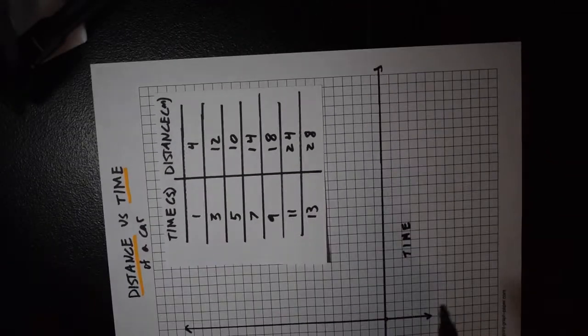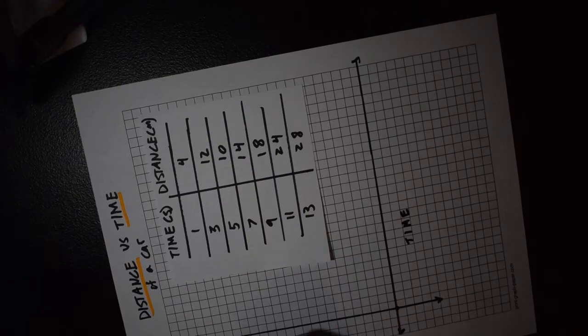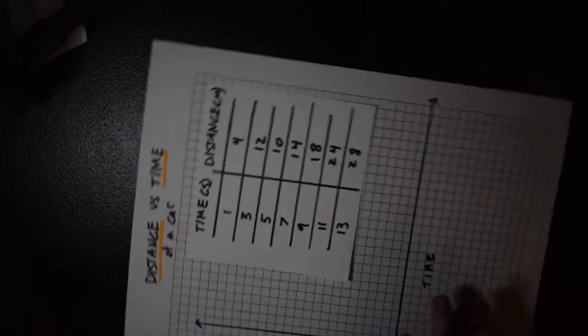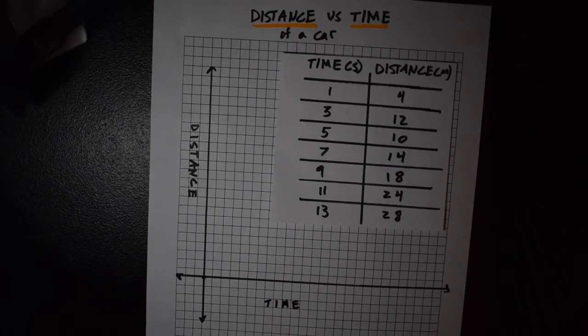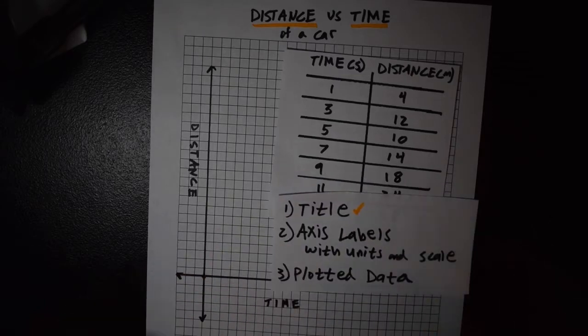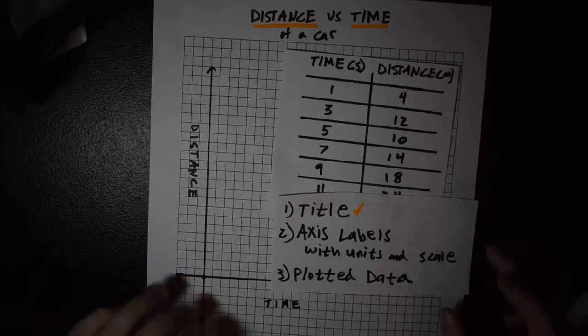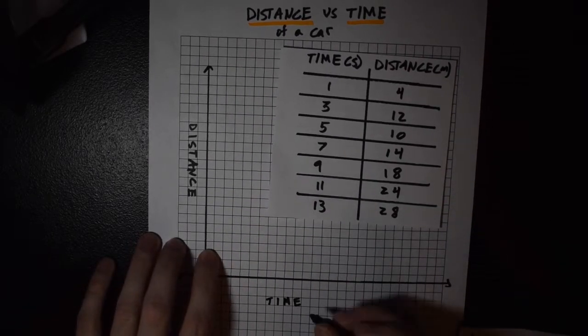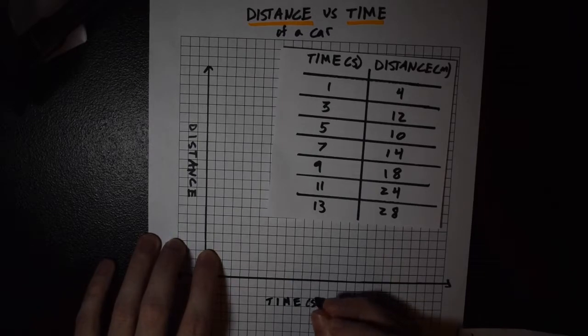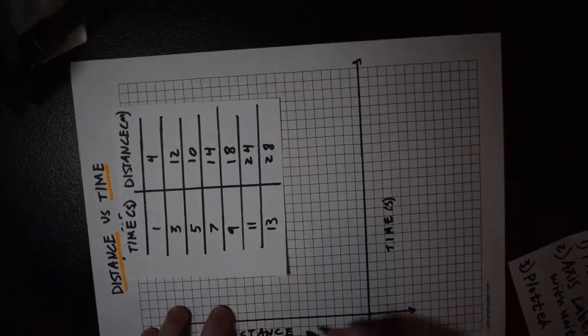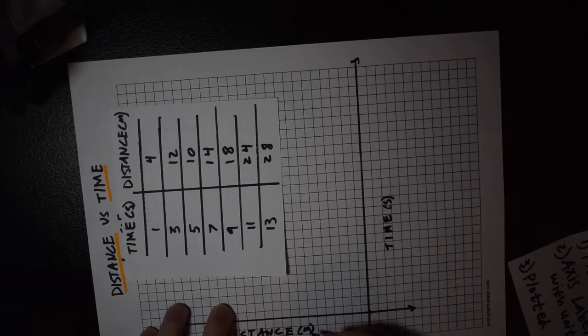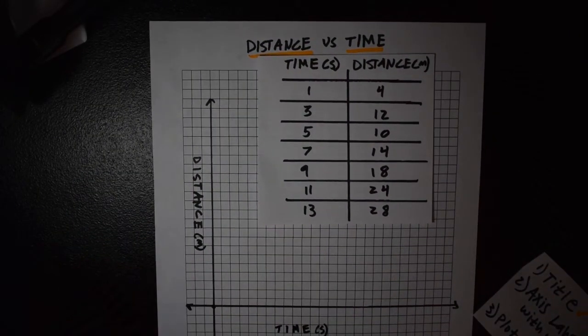And let's say that our vertical axis is distance then. Just like that. Now what it said was we need to put units and a scale. So our units for time in our table are seconds, and our units for distance are meters. So let's go ahead and do that. Awesome, so now we have